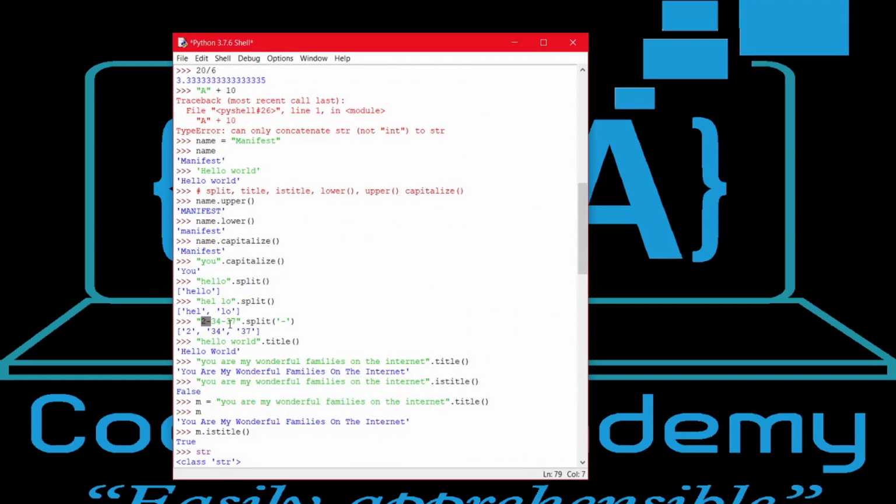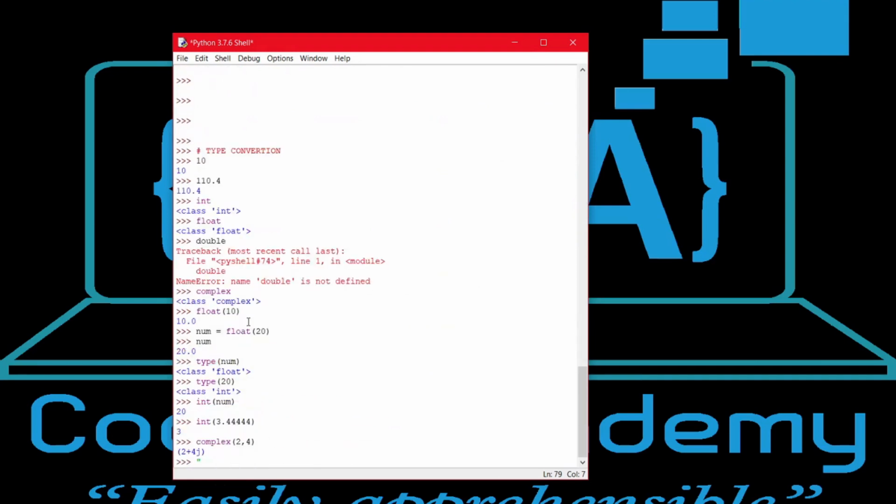These numbers, because of these double quotes, have turned from a number to a string, or digit to string. So if I have something like this,